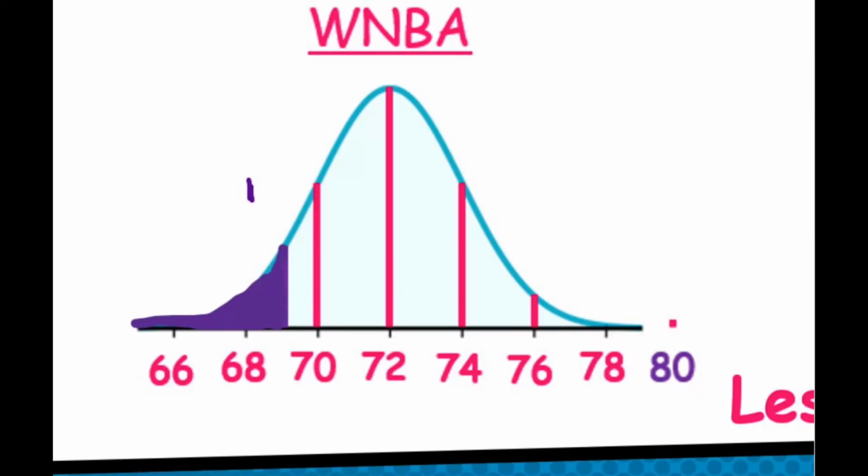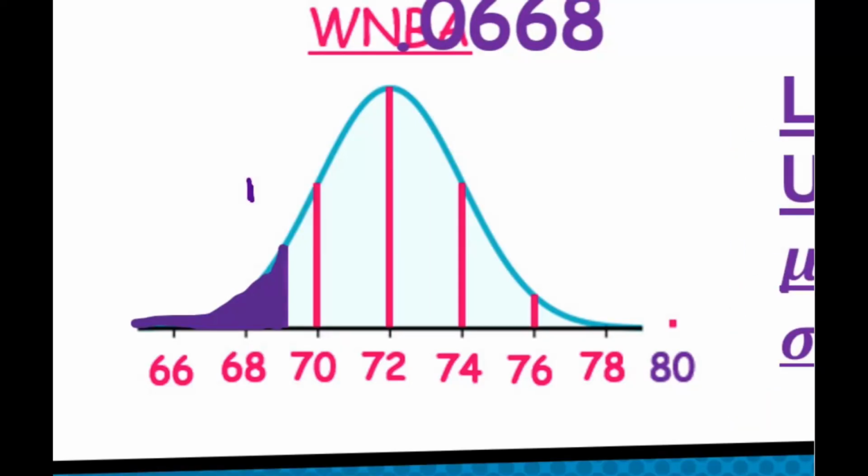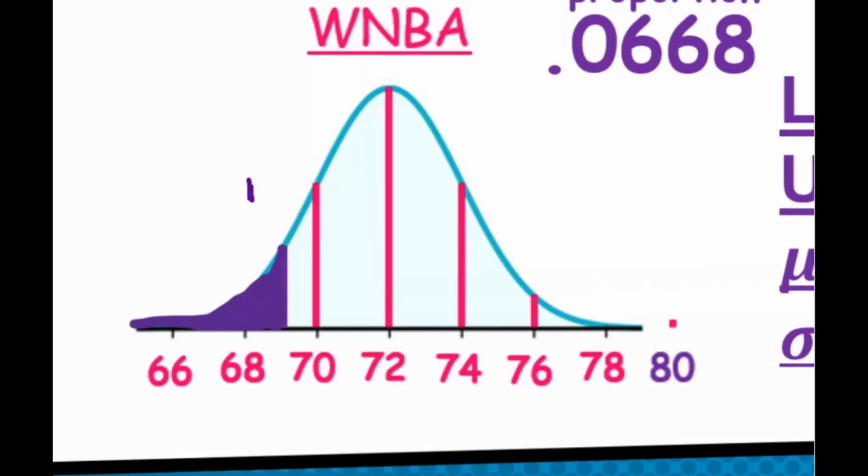So how do I figure this out? We're not going to do the empirical rule. We're going to actually plug this into our calculator. So we're going to type in our lower bound, which, since we're unbounded on the left, is going to be negative 99999, and then our upper bound is going to be 69. We can see our mean in the middle at 72, and we're going up and down by 2, so the standard deviation is 2. When I type that all into my calculator, I get a proportion of about 0.0668,